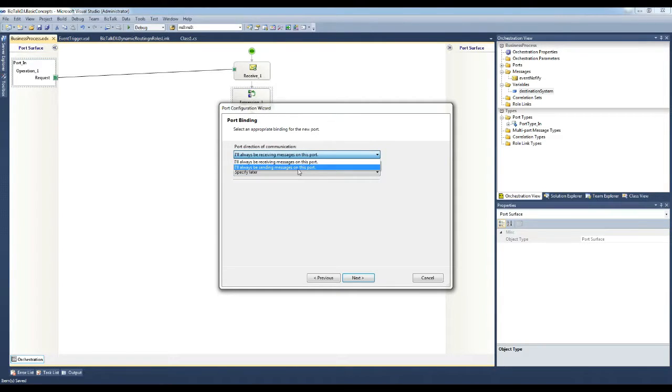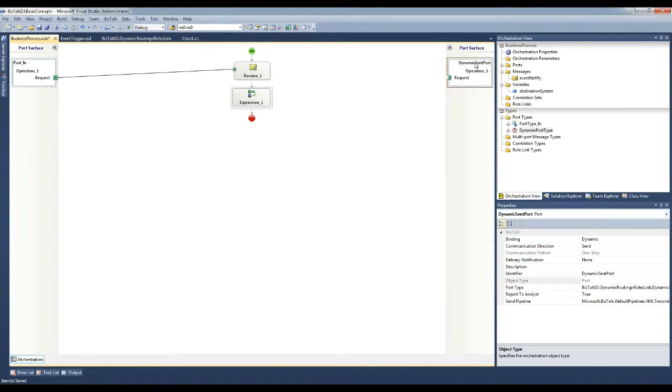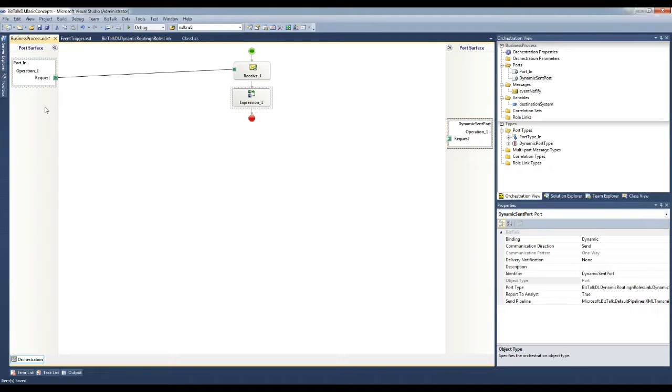I will choose the direction of communication as always sending the message on this port, and for port binding I will select dynamic. So now we have created a dynamic send port.